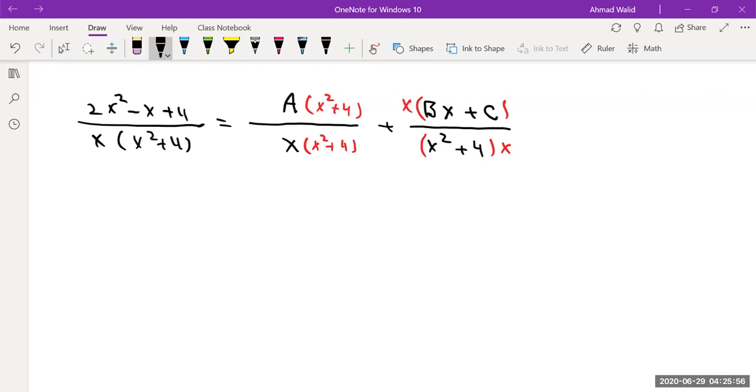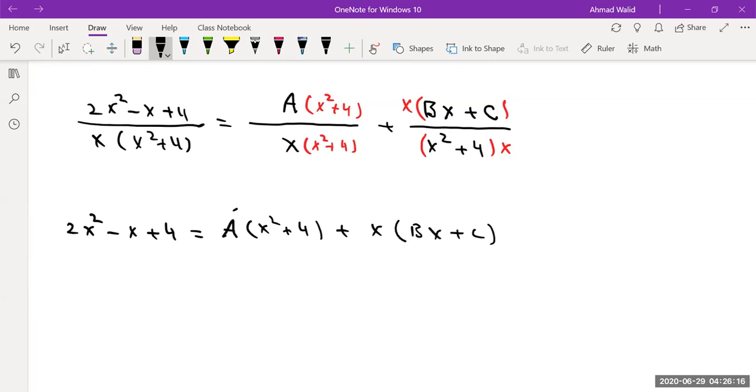I'll make an equation here: 2x squared minus x plus 4 equals A times x squared plus 4, plus x times Bx plus C. Distribute A to both terms, and distribute x to both terms. Then 2x squared minus x plus 4 equals Ax squared plus 4A plus Bx squared